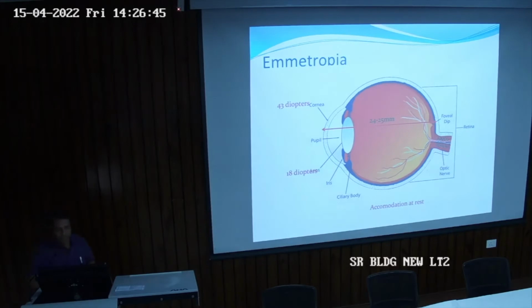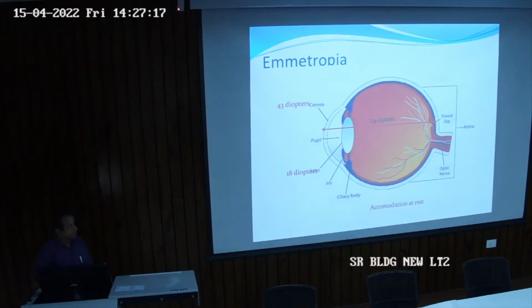Like this, if the cornea has this curvature, and the curvature of the cornea changes, it is called curvatural myopia or hypermetropia. And another is the index. Index of the medium, either cornea or lens or aqueous or vitreous. If it changes, it will again cause myopia or hypermetropia. So these are the etiology of the refractive error.